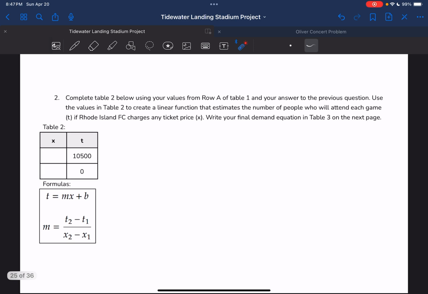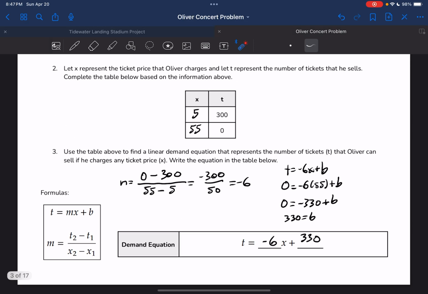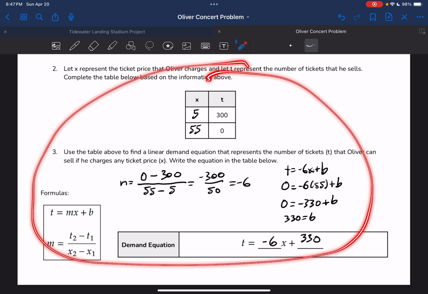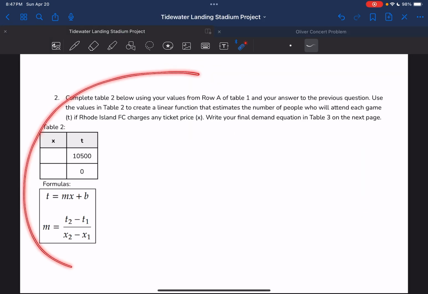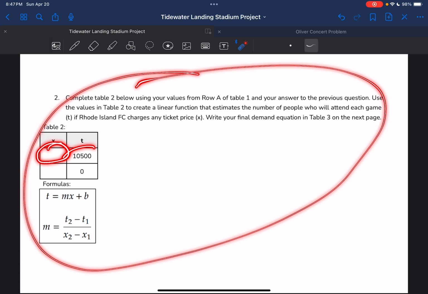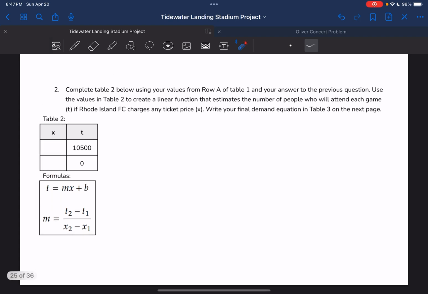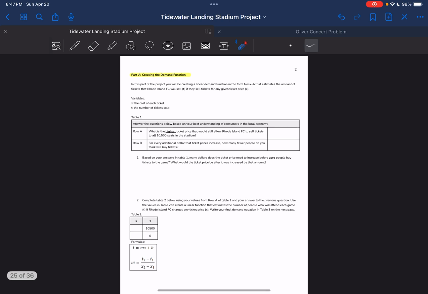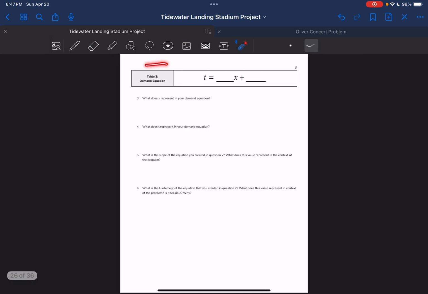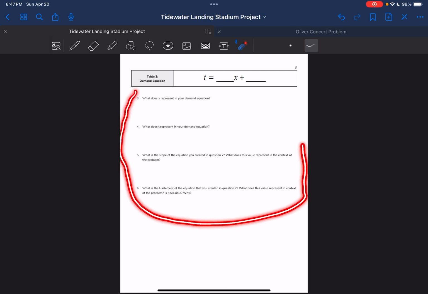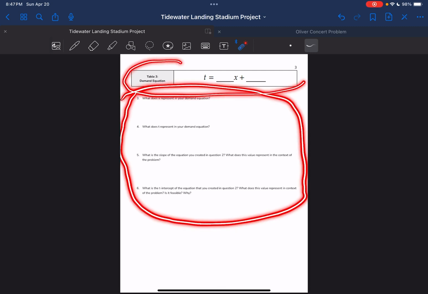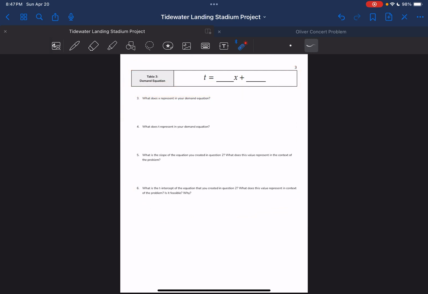And then after that, you want to do the same math that we did for the Oliver concert problem, right? Identical process to what we did here, but with your values. And think about what ticket price had 10,500, what ticket price meant that no people were coming, and what the t equals mx plus b formula looks like. And really, really importantly, make sure you're looking to the next page and you're writing that formula here. And make sure you're completing all of these questions too that are interpreting this equation in the context of the problem. If you do all that, then you'll be good for part